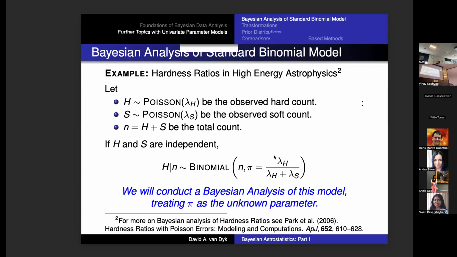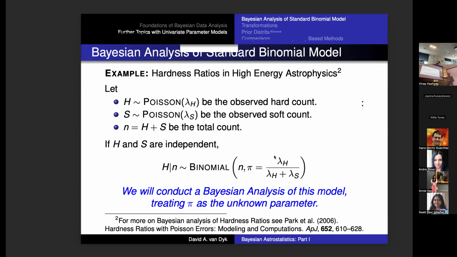So what I'm going to do instead is model this with a binomial distribution. It's an undergraduate probability example to show that if you have two independent Poisson random variables, one of them, given their sum, is binomial. And it kind of makes sense if you think about it. But you can show that it's not a modeling thing, it's just a mathematics thing.